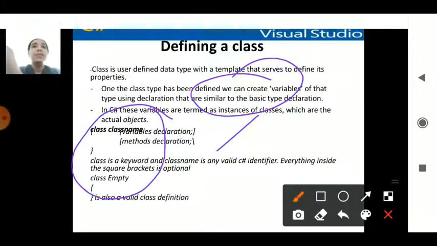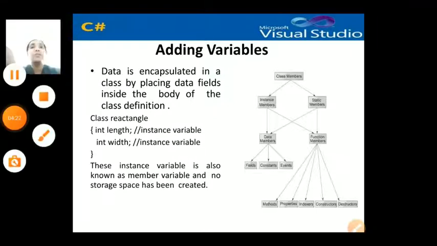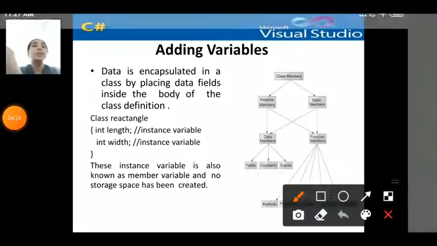Mainly the importance is that class names are given with a capital letter. A class can be with the declaration of variables and methods, or without the declaration of anything. If there are no methods and nothing else, it is still a class. In C# you will also learn about adding variables. How do you add variables in the programmatic concept? Those are encapsulated within the class only.